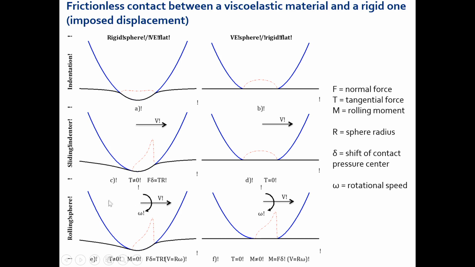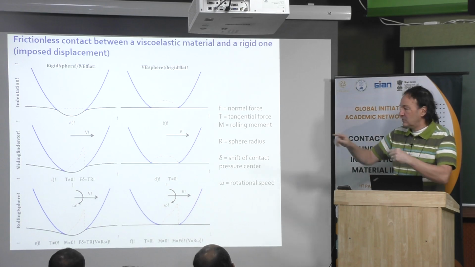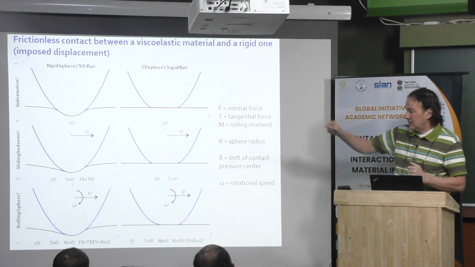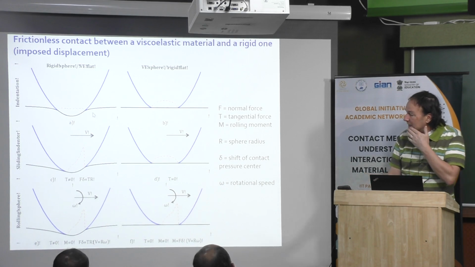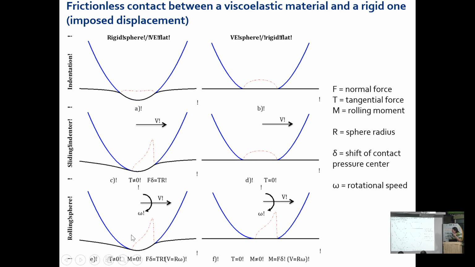Now, when the sphere is rolling, you have the same solution as when it is sliding. Mathematically, this is the same, because this is a frictionless contact, and it doesn't matter what happens. Also, because the sphere is rolling but rigid, there is no effect on the history of the material, because the material will enter and exit the contact. Then we can find exactly the same solution. And there is a relation. This is at the bottom. There is a relation.